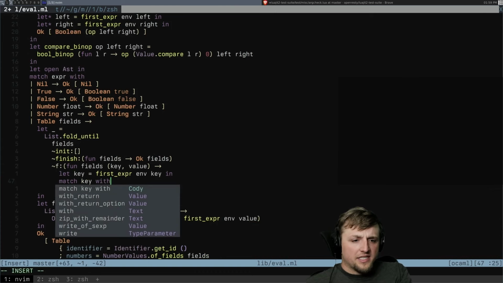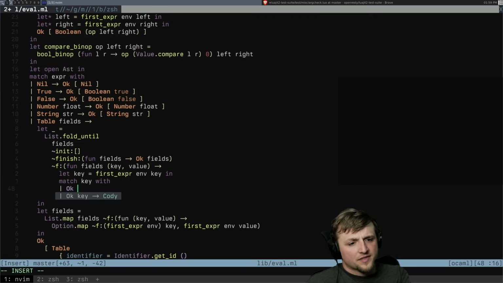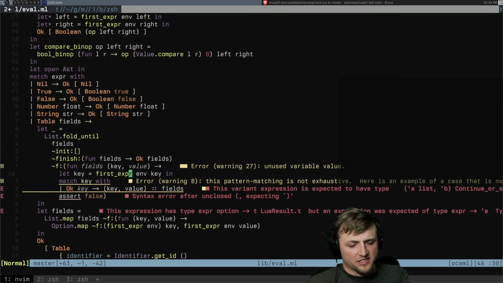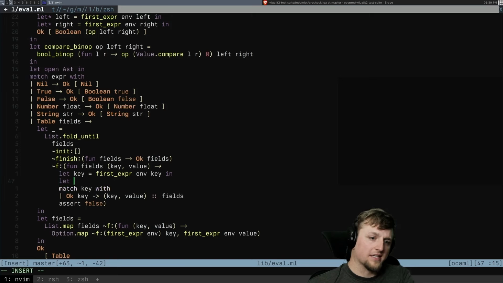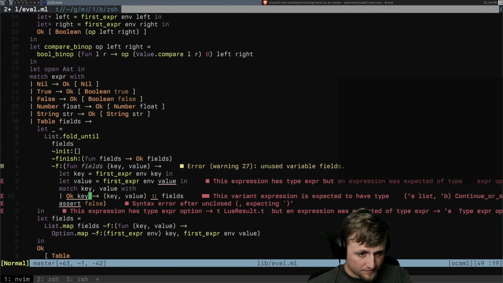So match key with, and what are we going to do? We're going to say okay key, then we're going to do key value fields. But this isn't right, I don't think. We need to also do the same thing for that. So we can go let value is first expr end value. That's probably not that good of an idea, because it's like, okay, what if